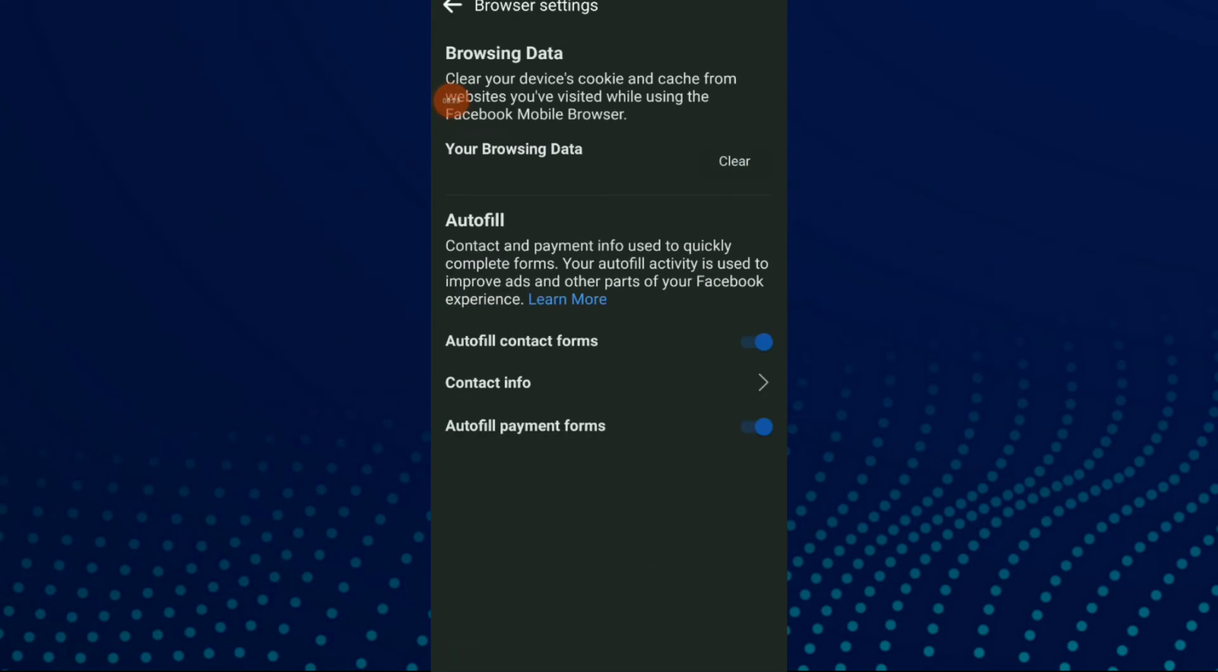Click on it and here you're gonna find your browser setting, which is browsing data to clear your device cookies and cache from websites you have visited while using the Facebook mobile browser. And just click on clear or just